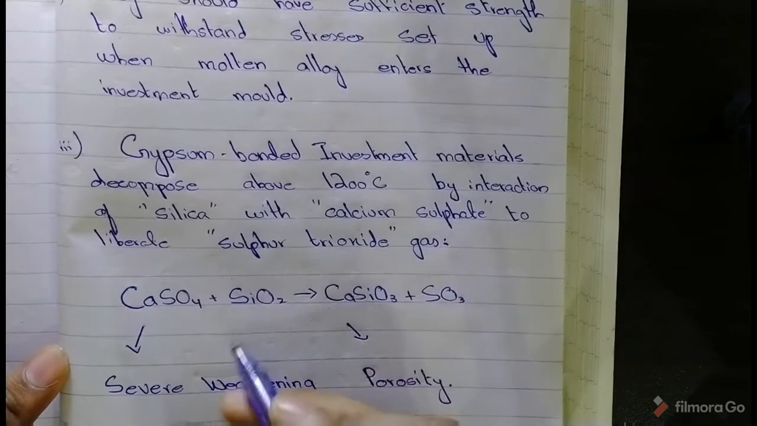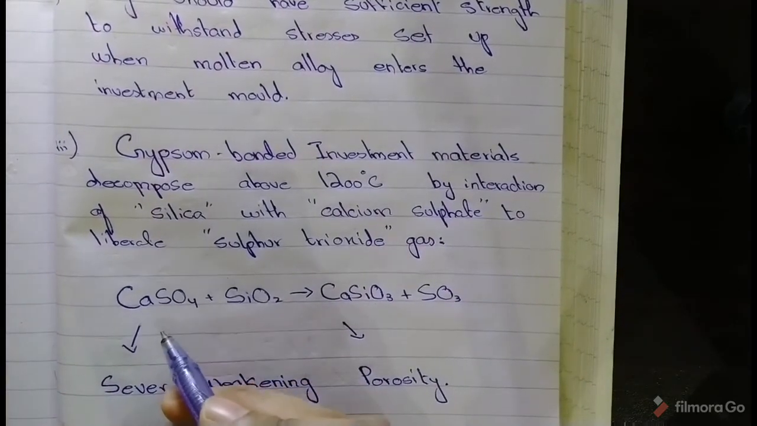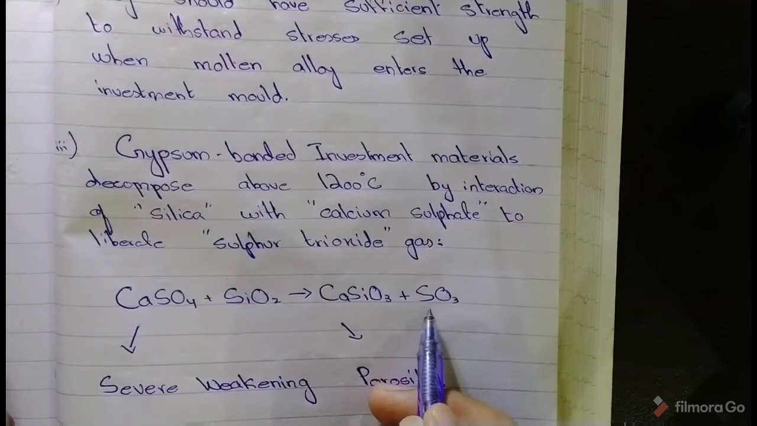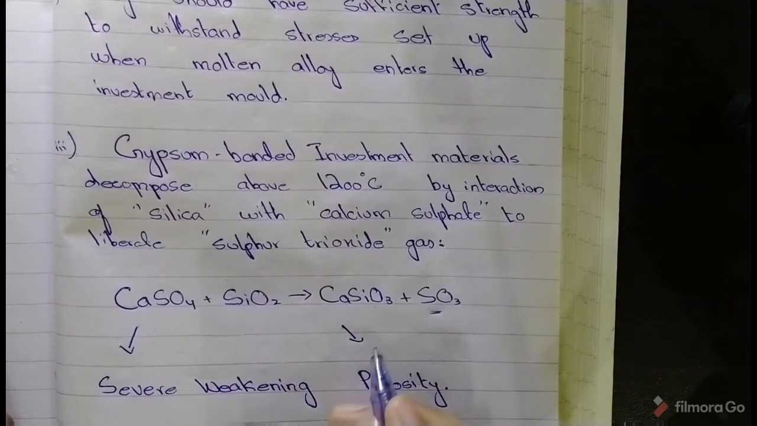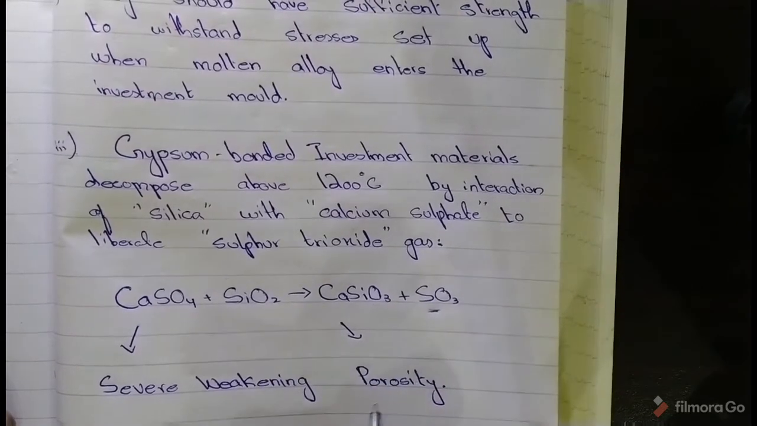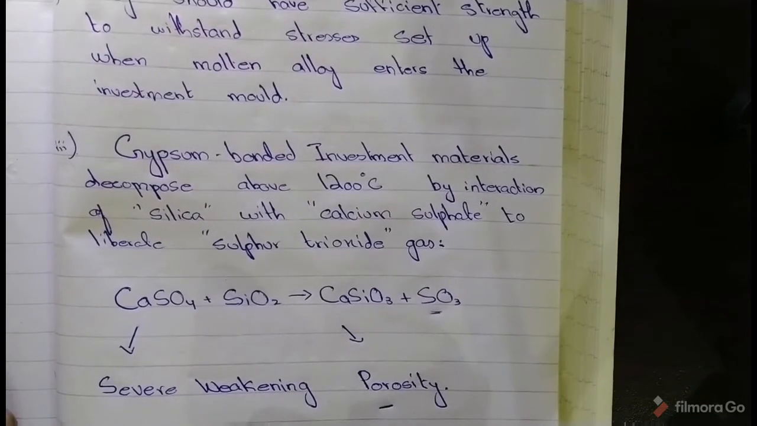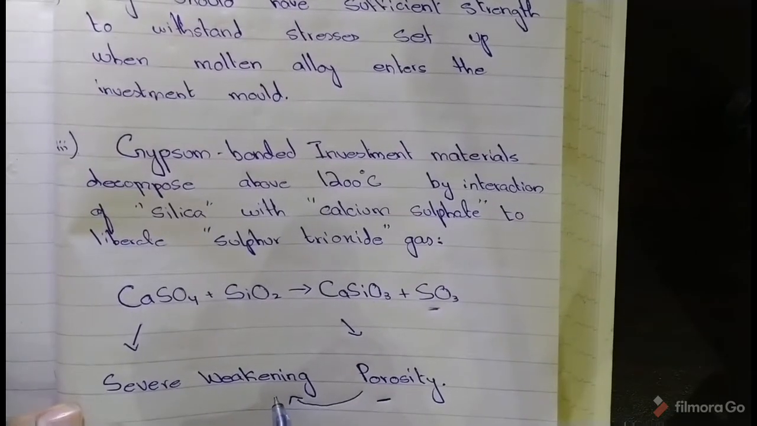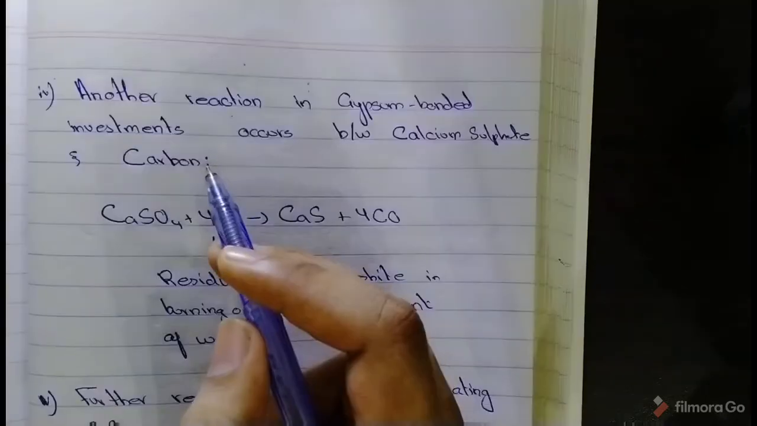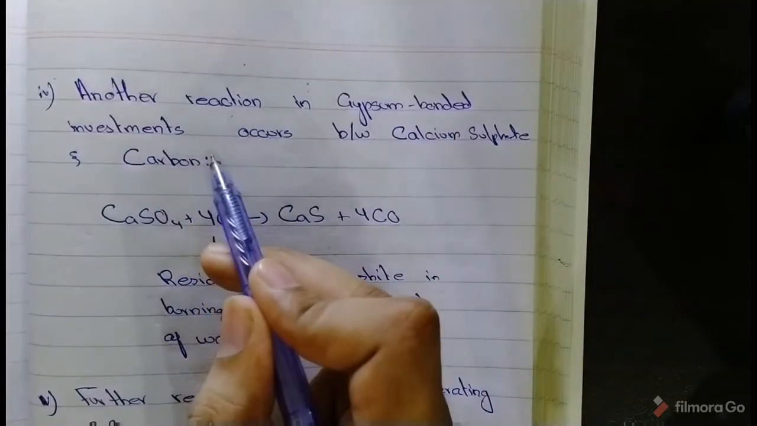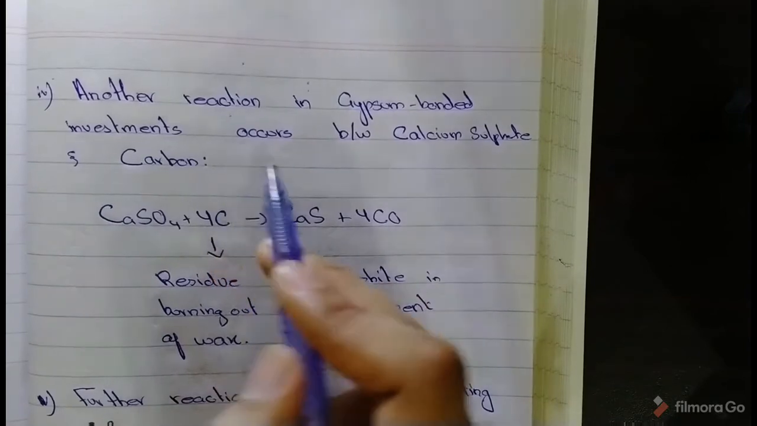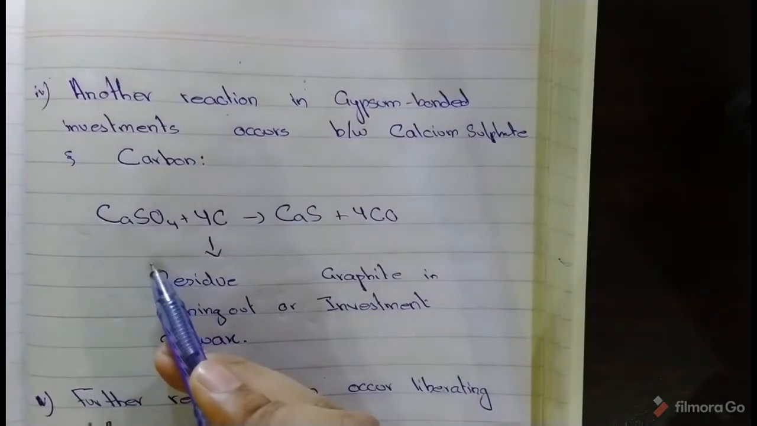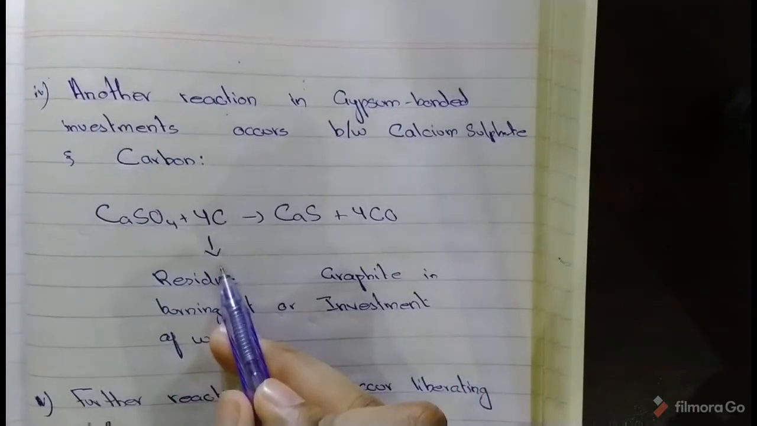This whole reaction is given in this equation. It is calcium sulfate, and this is sulfur dioxide, and this is the liberation of the sulfur trioxide. Due to this overall reaction, porosity is produced in the mold, and due to porosity it leads to severe weakening of the investment mold. Another reaction in gypsum bonded investment materials that is mentioned in the book occurs between calcium sulfate and carbon. So this is the equation. This is calcium sulfate and this is carbon, and this carbon is